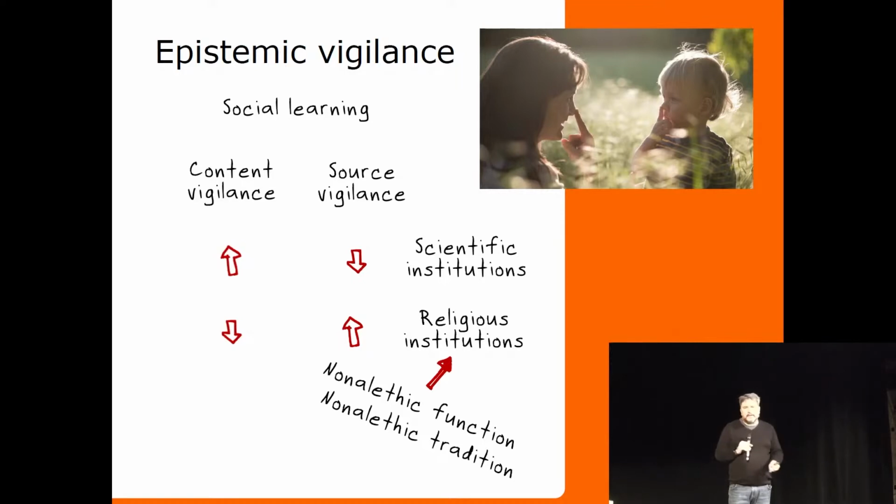So just take a very simple example. In many different sciences, when you submit a scientific article, the evaluation of it is double blind. So the people who are evaluating the article do not know who wrote it, so they cannot go, okay, this is someone who is a well-known scientist, therefore they must be saying something that makes sense, which would be source vigilance. They simply have to read the content of the article and see whether